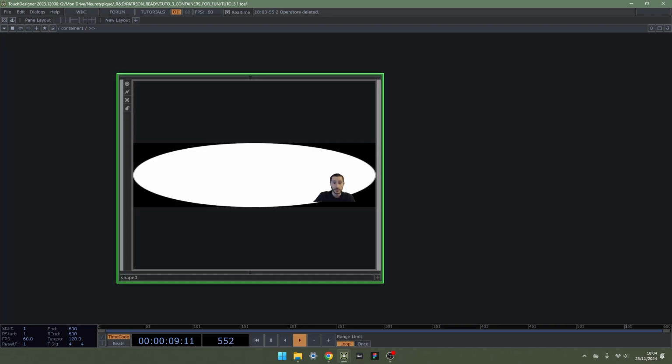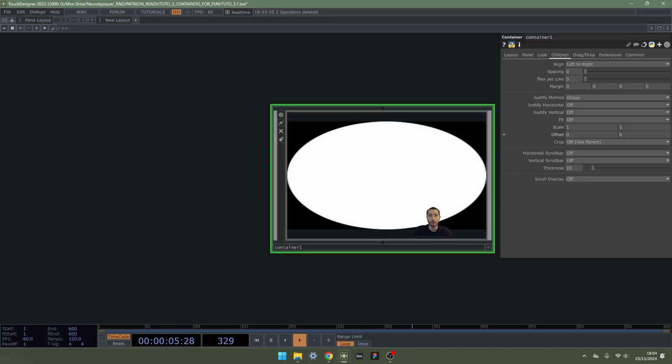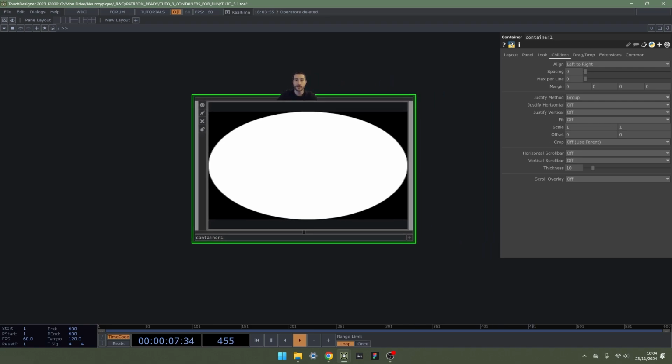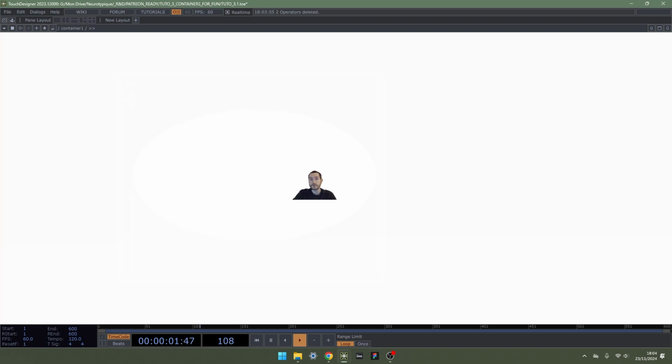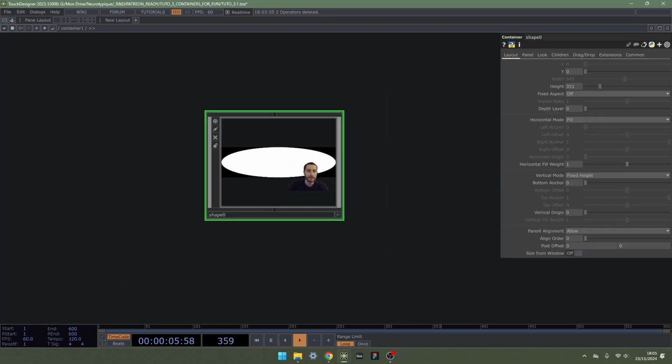And the height, we can also set if we want vertical mode to fill, and then you always have the same aspect ratio, it's just the same dimension. Obviously we don't want that for the height, so let's keep fixed height for this.